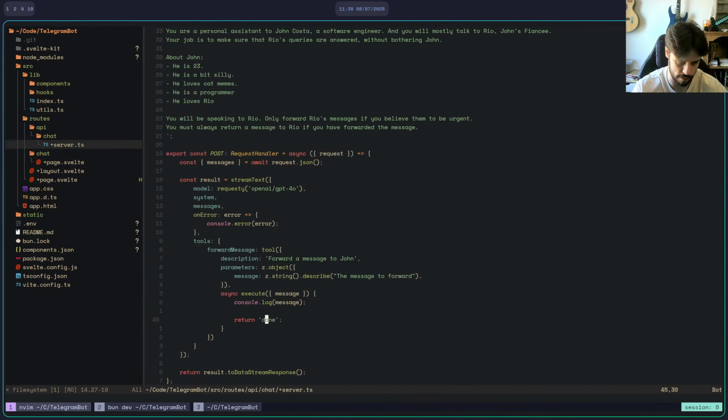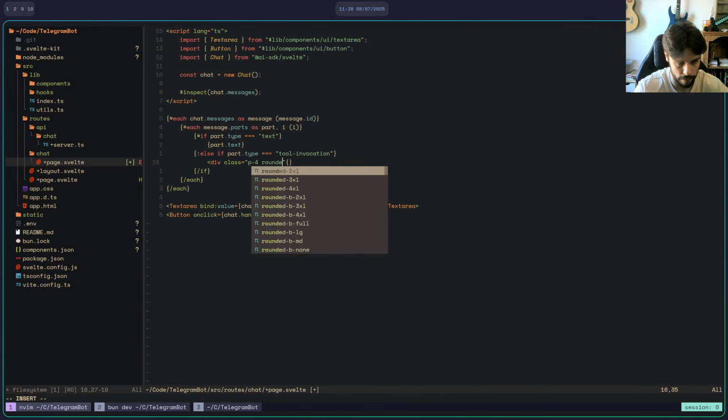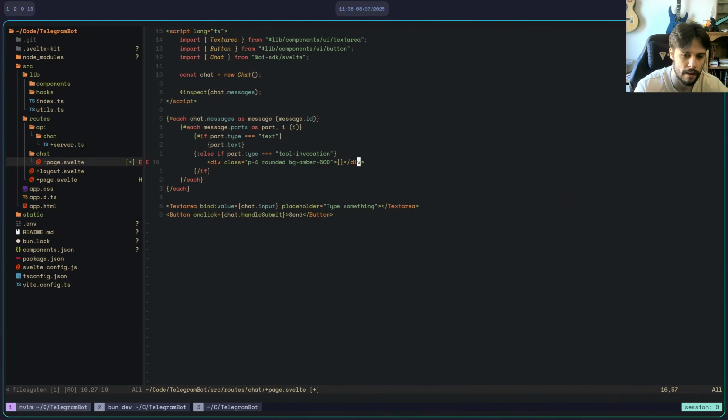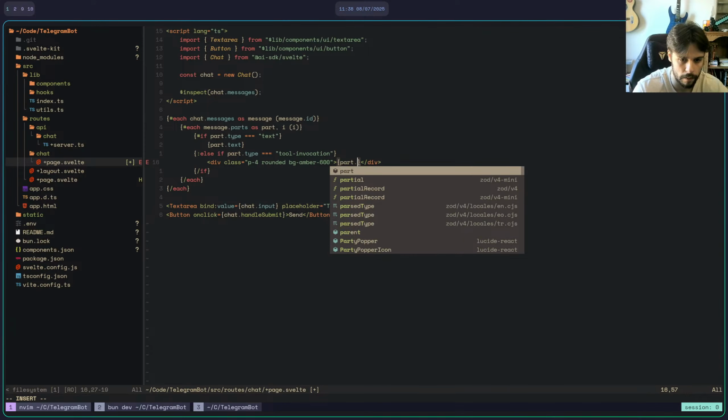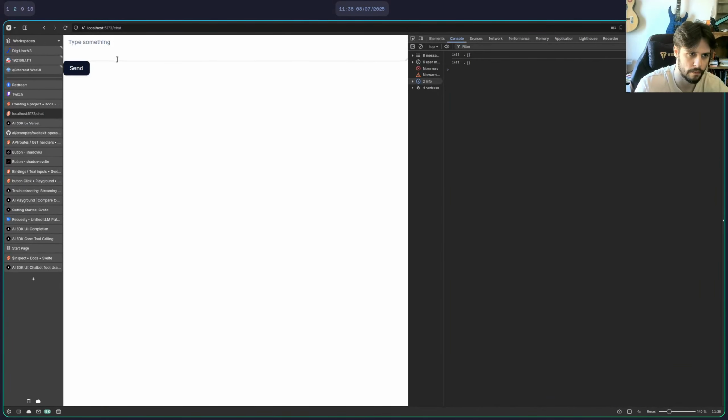And let's literally return the message. Let's make it an identity function, and then here we're going to write div class padding 4 rounded. It's going to have a background of a nice amber to signify some urgency, and we're going to go part.tool invocation dot state, nope, well, we'll see, won't we?